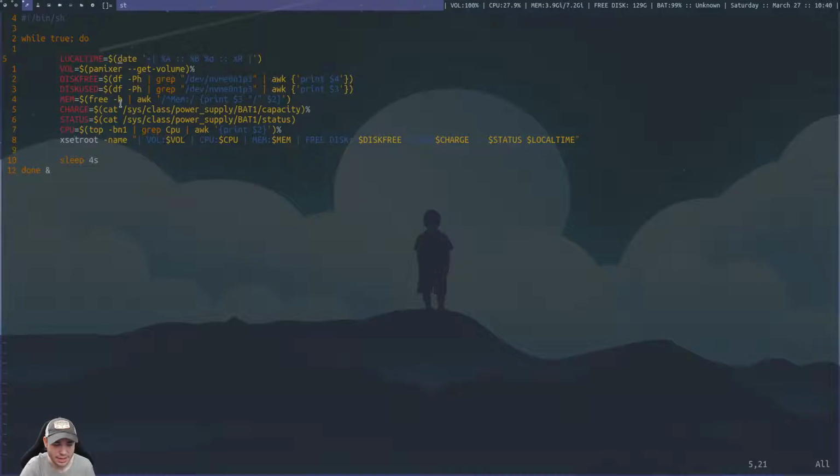This date, this free disk use here, which I'm actually not even using disk use, am I? No, I'm not. I could delete that, but instead of doing that, let me just comment it out. Which, by the way, you can comment something out by just putting a hashtag in front of it, and it makes it a comment. So that way, it's not using that line. But anyway, it just looks confusing because we're running these commands here.